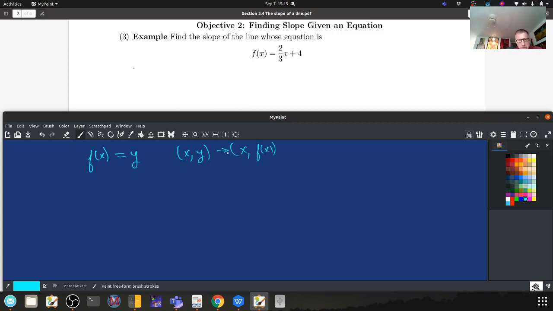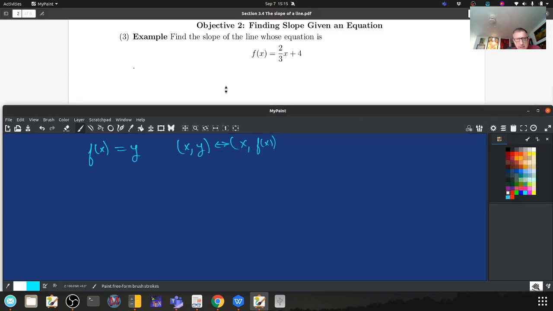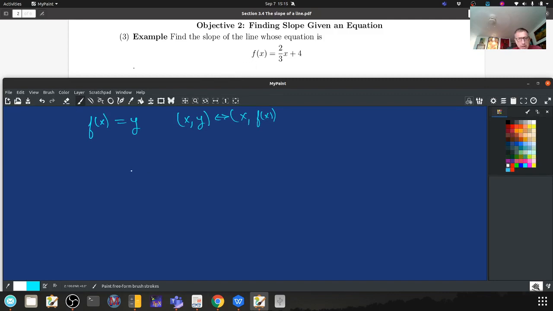So those two are the same. So that's what we normally do when we see f of x. And here's the easiest way to do that. So this is example 3. So we just want to find the slope. So we have f of x is equal to